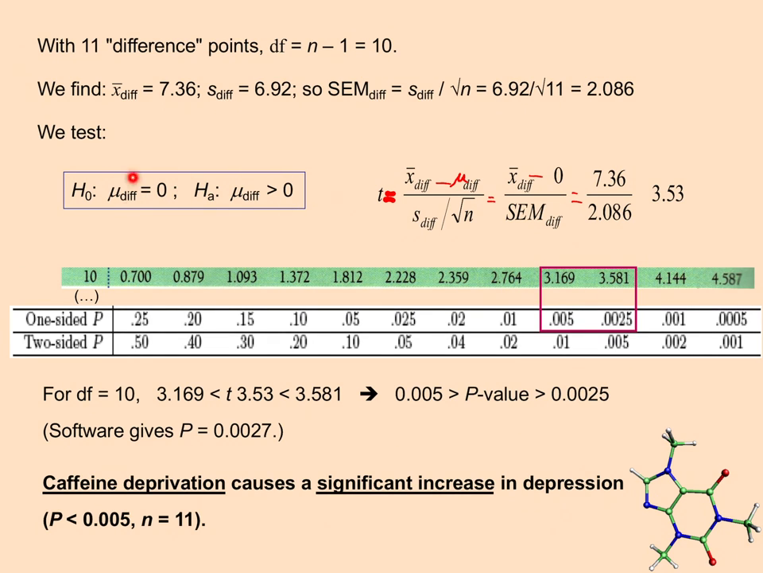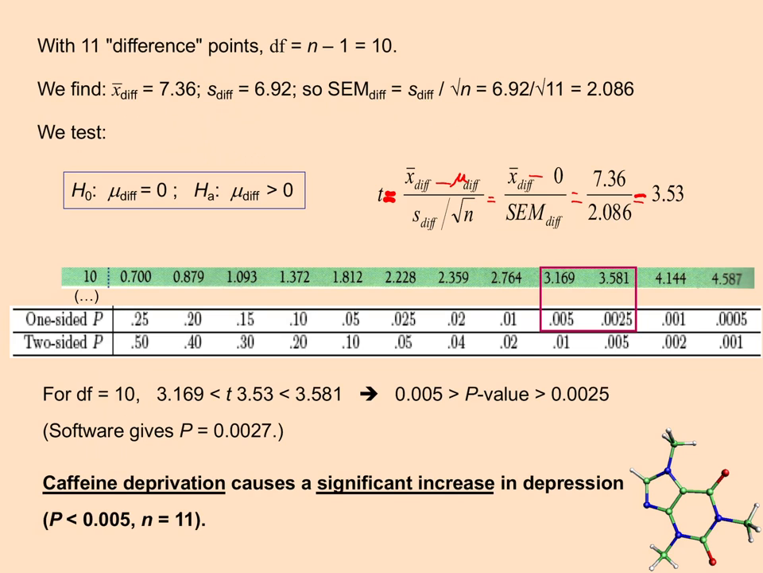In this case, there'd be no difference in depression levels whether somebody was on caffeine or not, versus a one-sided alternative that going off caffeine does actually increase depression levels. Okay, so our mean difference score of 7.36 minus 0 gives us 7.36. Divide that by our standard error of our mean, we get a test statistic of